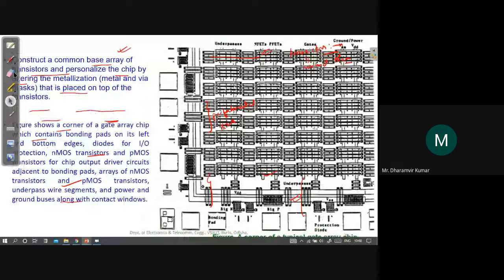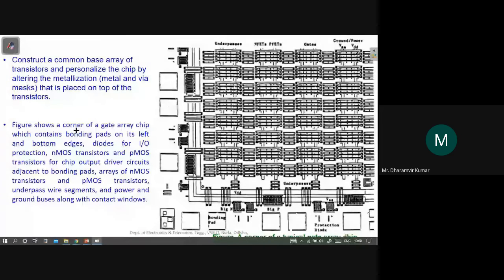Then this shows a corner of a gate array chip, and it contains many elements. But in the main body, you will find an array of uncommitted transistors.